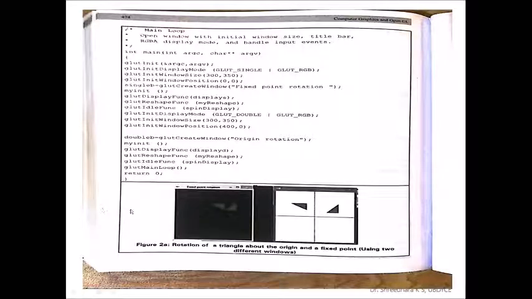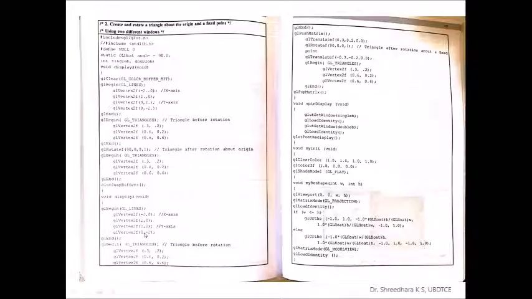In this, I think you are doing the same activity, x and y axis. You have written the triangle before rotation. You require this data afterwards, that's why you are pushing this data. Push back. Translate F, you are bringing that to origin, rotating it, and then once again you are translating back to its position. You are drawing the triangle.